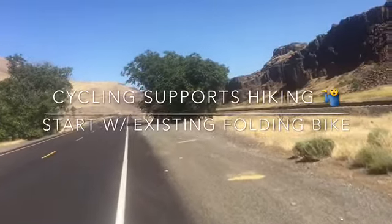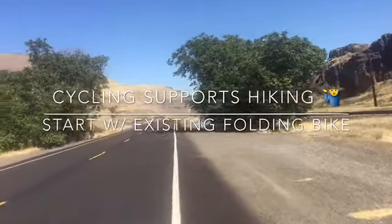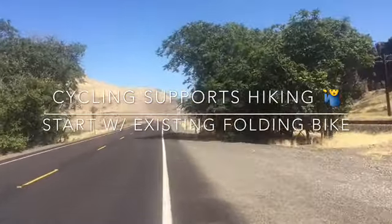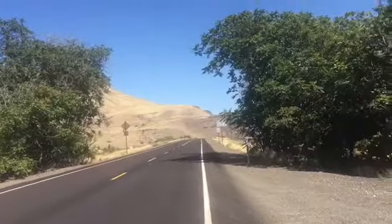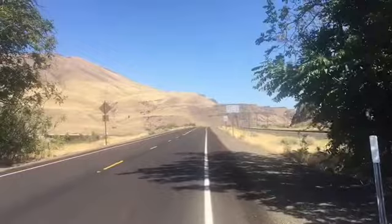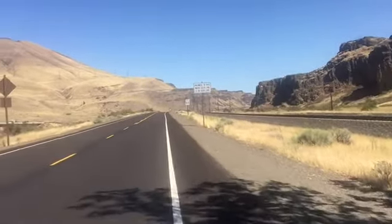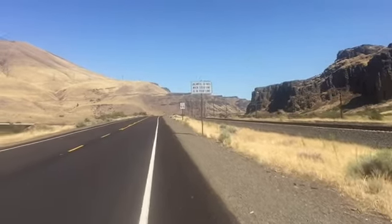Hey, it is Monday, August 26th. I am next to the Columbia River, which you can't see right here. A little place called Celilo Park. Been here for a bit in the old RV and